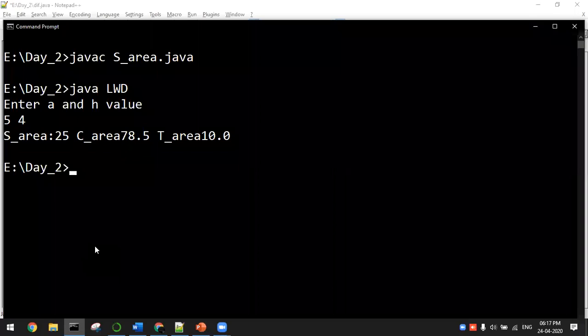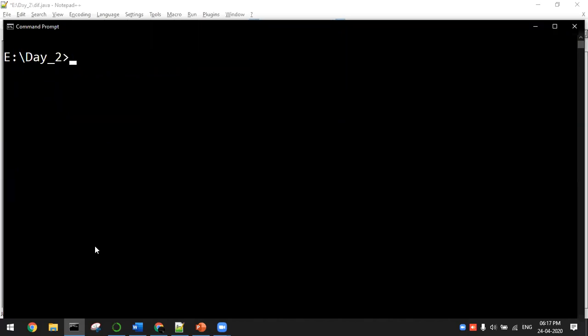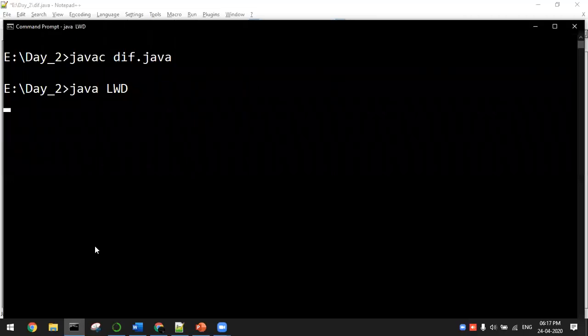Let me compile this. javac diff.java. Okay, javac diff.java. So LWD is my class. So now you are expecting three inputs. Three inputs are integer 14, double 15.2, and sorry,